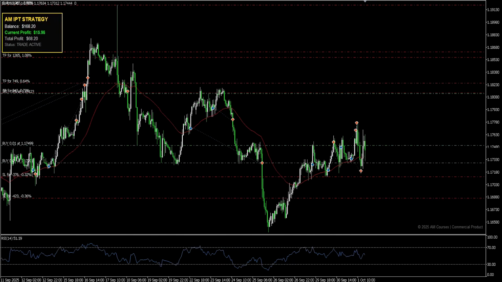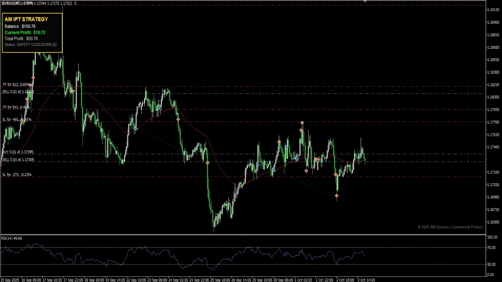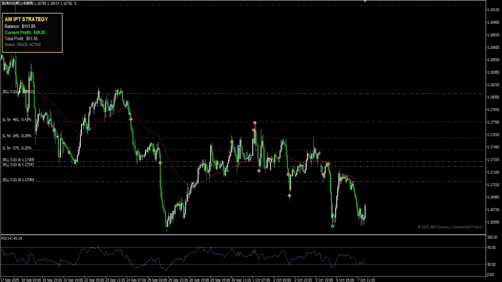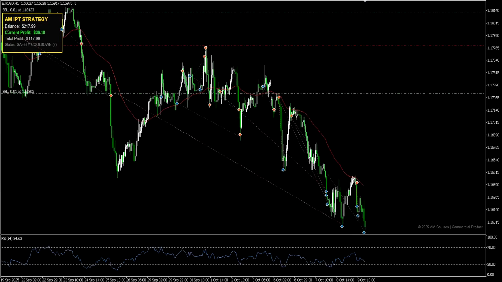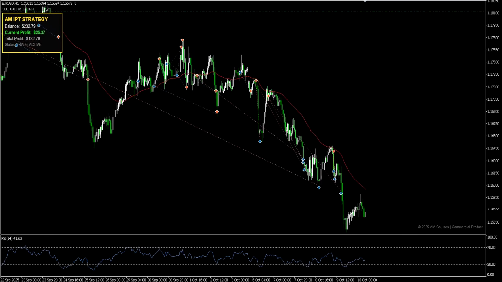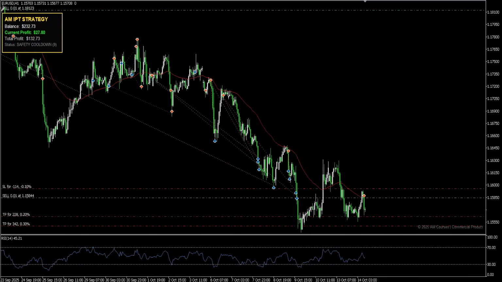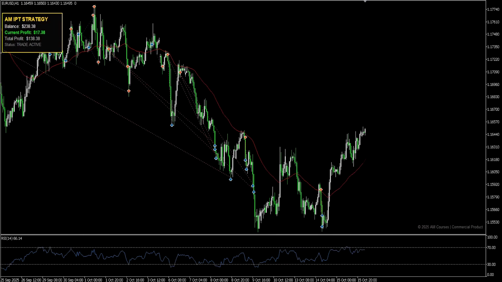placed. When a valid setup appears, the EA uses what is called split execution mode. Instead of opening just one position, the EA opens two positions at the same time. The first position targets a conservative profit level set at 2 times the initial risk. This helps secure profits earlier and reduces psychological pressure. The second position targets a larger move, set at 3 times the risk, allowing the system to benefit if the